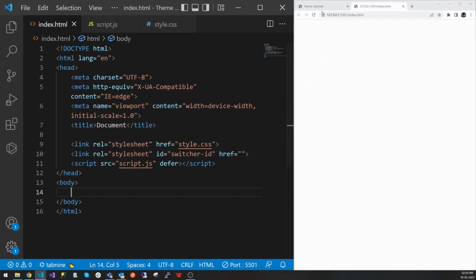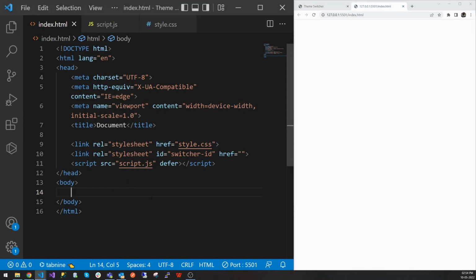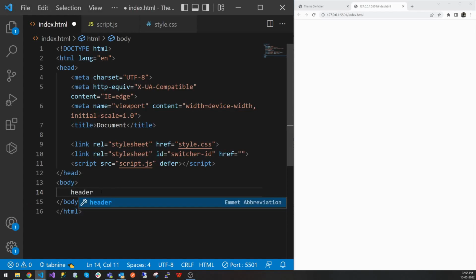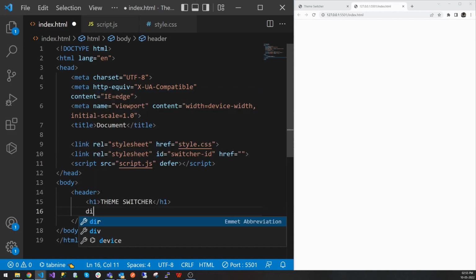So to do that, basically I need a header background, switcher images, and a heading and text. For that, I can simply create a header. Inside the header there is one h1. In the h1 it's theme switcher, and I have created a div for all the switches, which has a class called